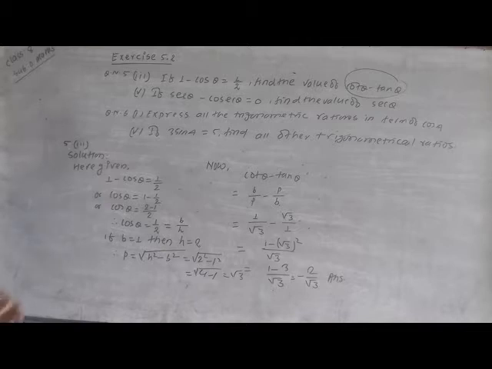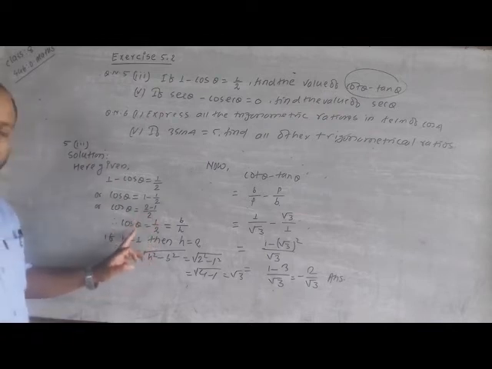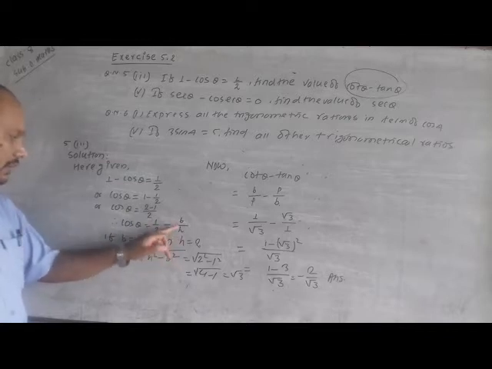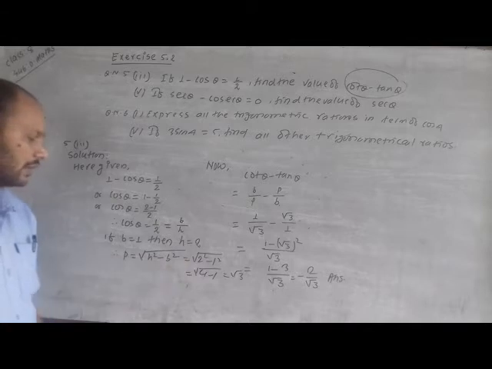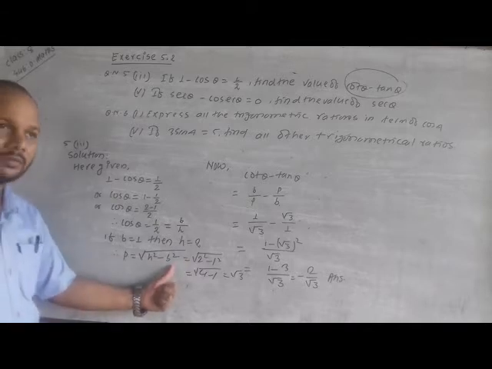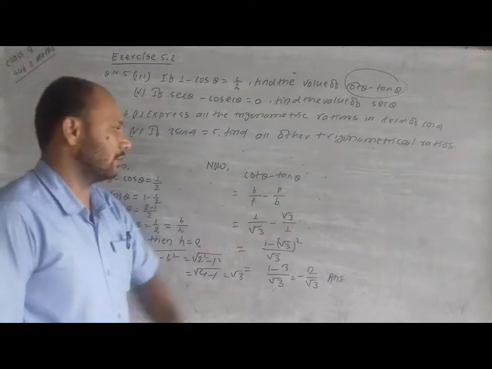Again listen here, from the given, first you should find the value of cos theta, and when we find the value of cos theta as 1 by 2, we know that cos theta is equal to b by s. So if b is equal to 1, s is equal to 2, and from here you should find the value of p by using the Pythagoras theorem. And when we find the value of p, we easily find the value of cot theta minus tan theta.